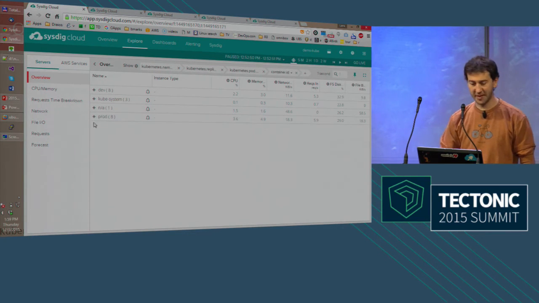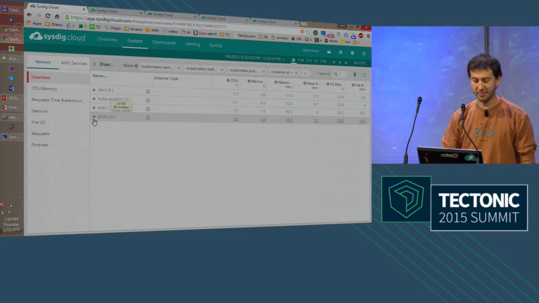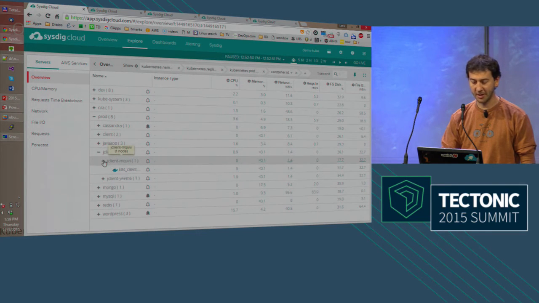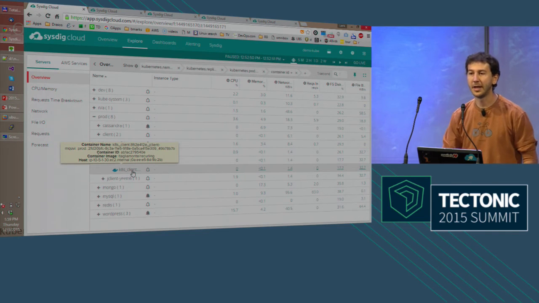And as you can see, this makes more sense. I see a dev namespace and the production namespace. I can expand the production one. I can see what's inside in terms of pods, and I can go down to the specific containers that implement